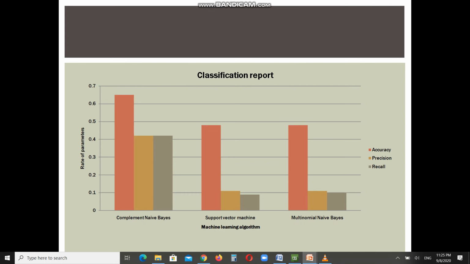And then now we will compare by the recall. The recall value also shows higher in complement naive Bayes because both support vector machine and multinomial naive Bayes have higher value of false negative. So false negative is taking the positive statements and making them false. So in this case, both support vector machine and multinomial naive Bayes have higher false negative because they do not take the negative statements and classify them properly into a correct category.